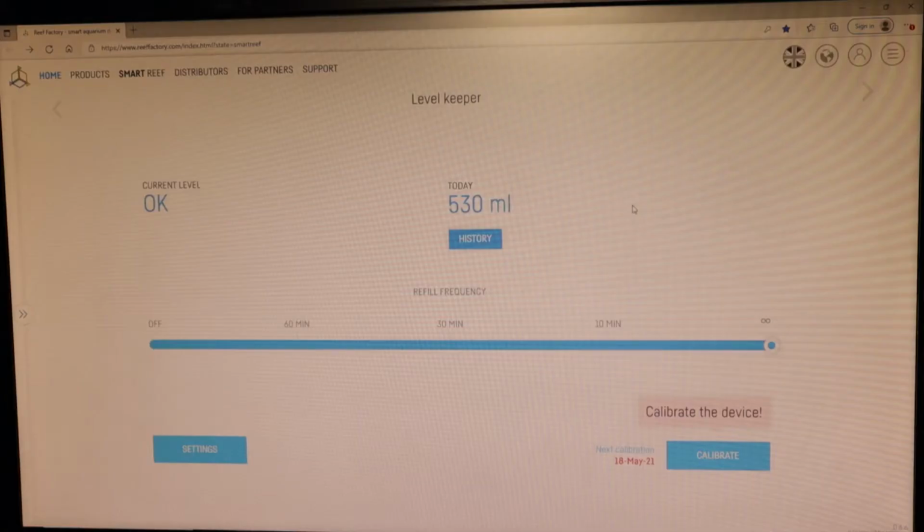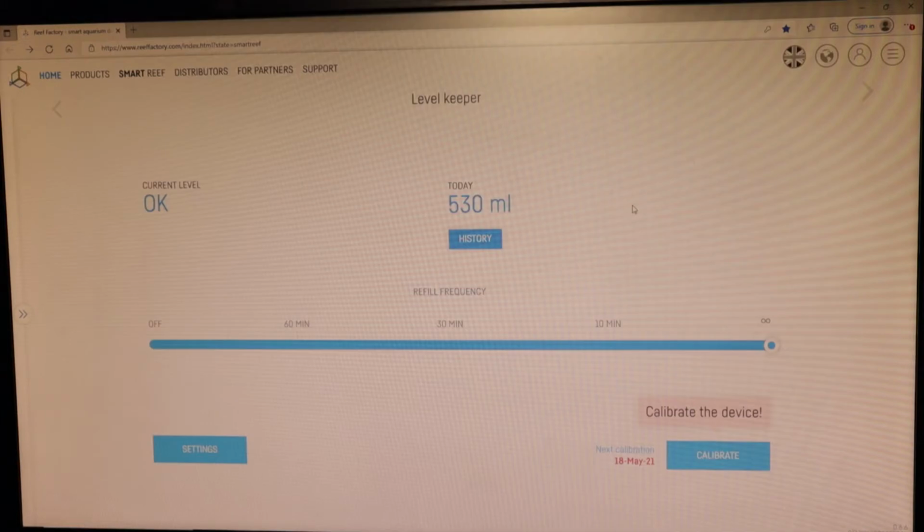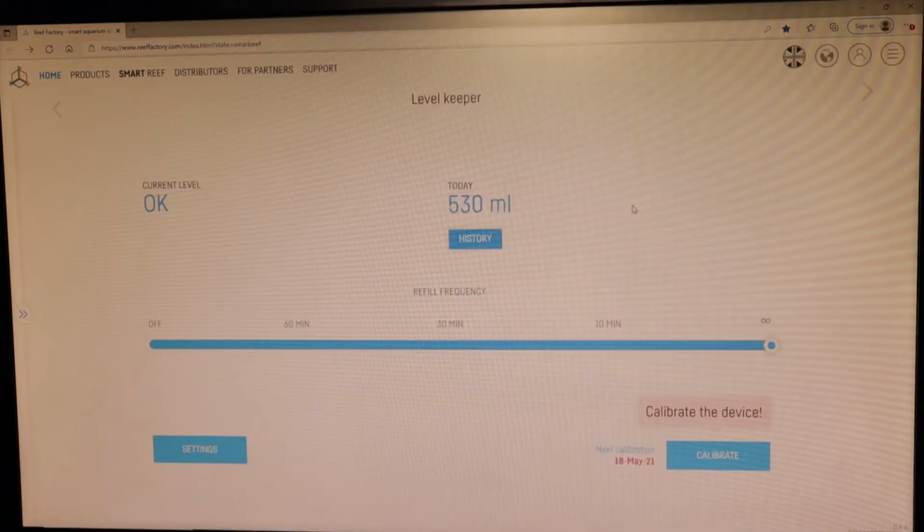Right then guys, so calibrating of the level keeper. As you can see, first of all, we've got it on the monitor. Now it's always on this monitor, it's connected to the laptop 24/7, 365, and I've also got the Sine on here as well. So usually this screen is showing me half the Sine and half for this level keeper. Now I've got it on full screen just to make it easier for yourself to see,